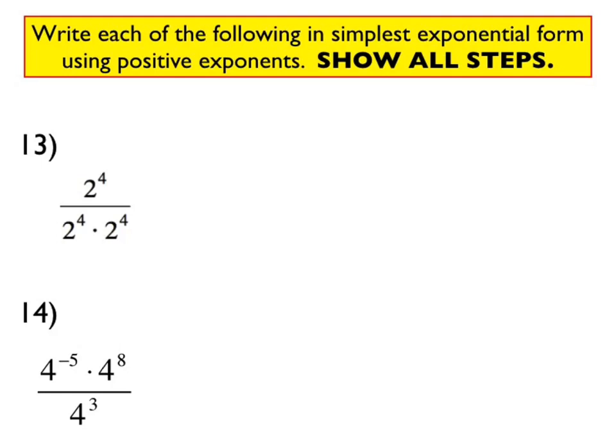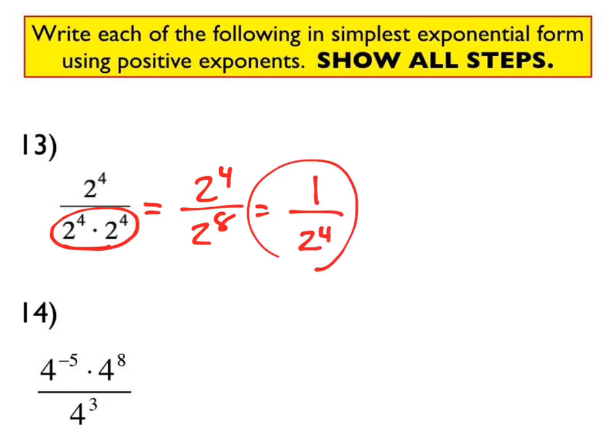Number 13. Sometimes we've got a fraction where we need to do some simplifying before we can do the overall simplification. To me, this is no different than an order of operations problem, where if you can simplify within the numerator or denominator, you should. Here's what I'm saying. I would apply the rule for multiplying expressions with the same base to simplify the denominator. And that becomes 2 to the 8th,